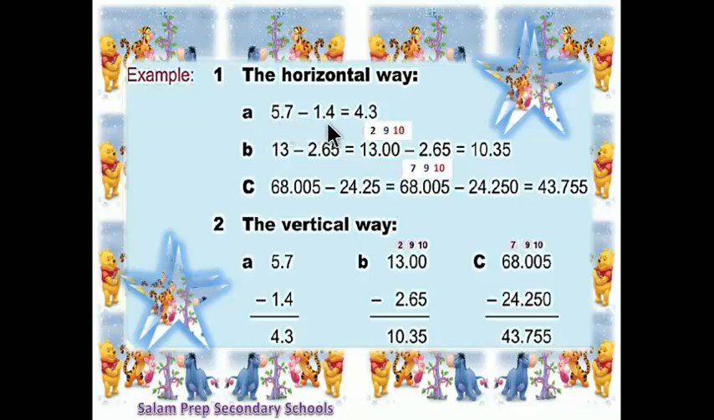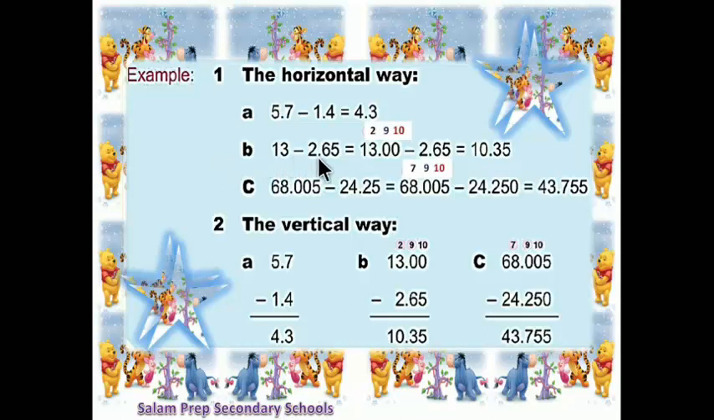5.7 minus 1.4 equal, please look at decimal part. There is only one digit. The two numbers are balanced. We can start subtracting. And subtraction begin with the digit on the right side with tenths, okay? 7 minus 4 equals 3. Please put decimal point. 5 minus 1 equals 4. The answer is 4.3. The second example,